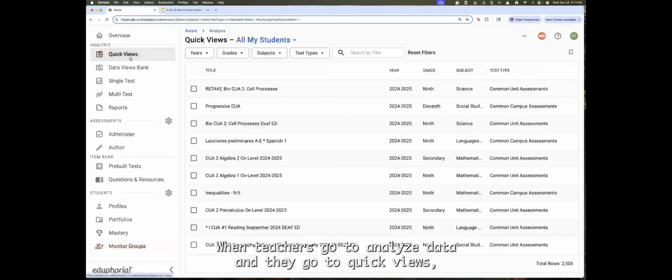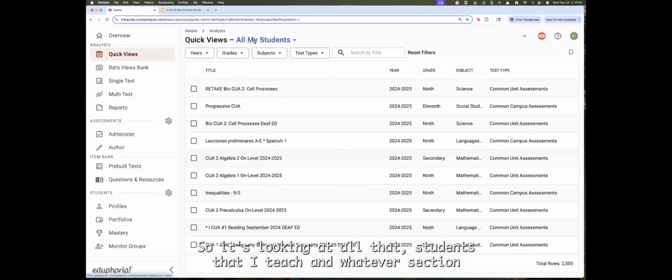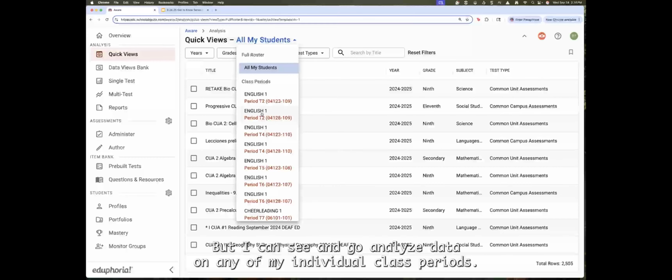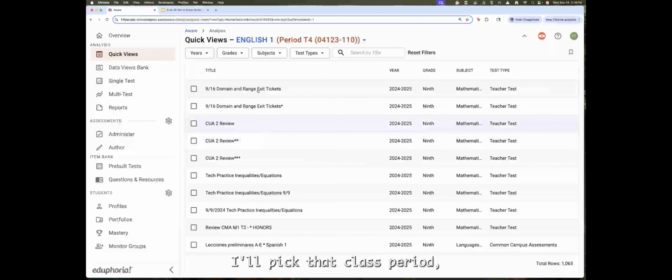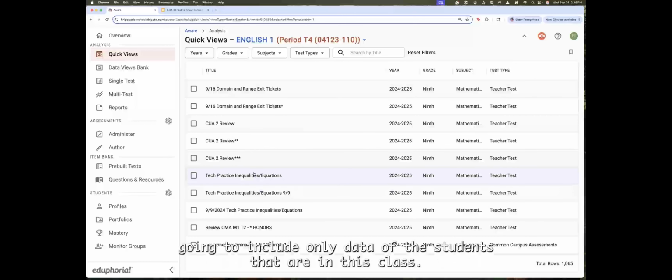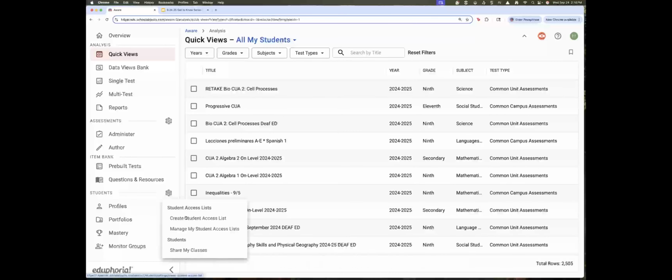When teachers go to analyze data and they go to quick views, the default way to analyze data is under all my students. So it's looking at all of the students that I teach in whatever section or whatever class I teach them in. It's combining them all into one set of all my students. But I can see and go analyze data on any of my individual class periods. I'll pick that class period, then now it's only showing me tests that those students have taken. If I were to click those tests, it's going to include only data of the students that are in this class. Well, if I go create a student access list,